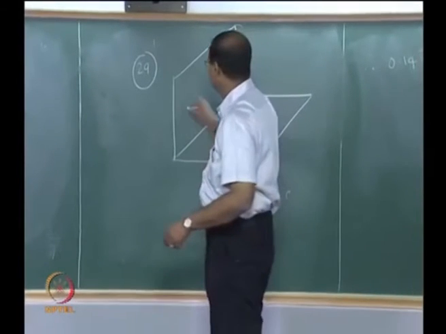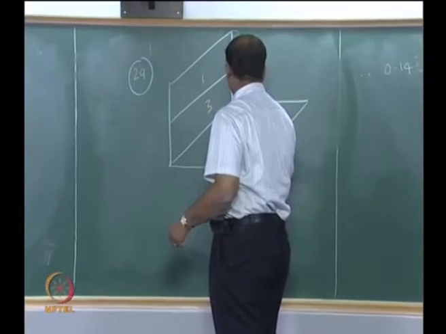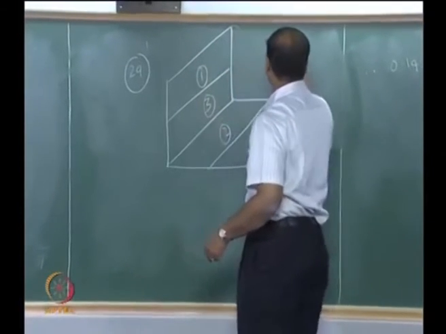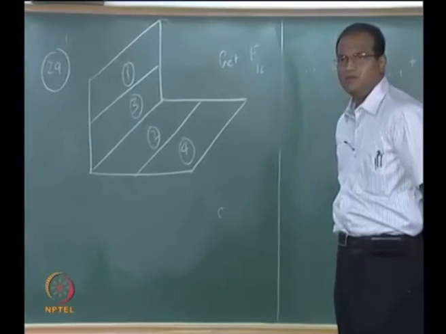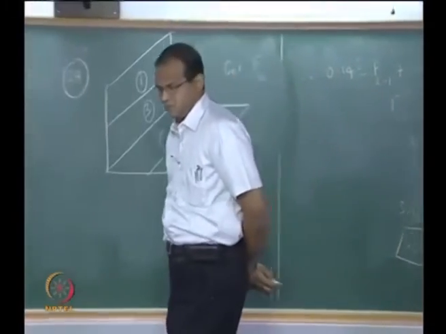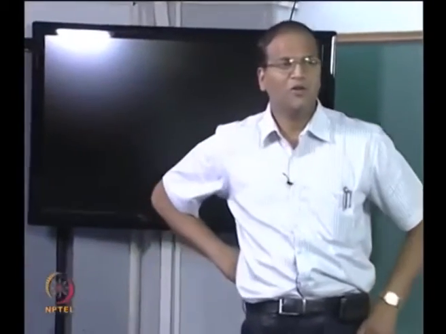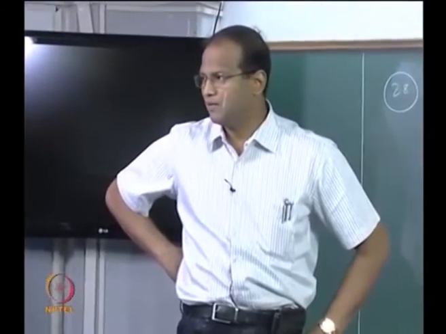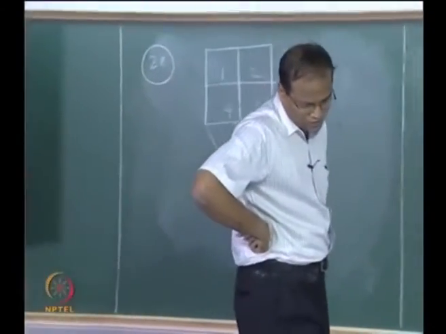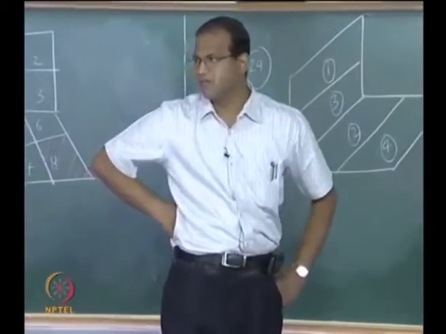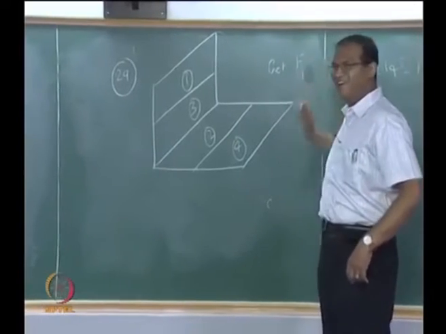What did I put? Okay, 1, 3, 2, 4. Get F12. Leave the dimensions. How will you do the geometry? Can you work out the formula? F14, huh? No, what I want, wait. I want F14, yes. F12 there is no fun. Get F14.